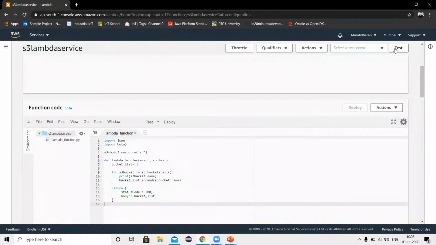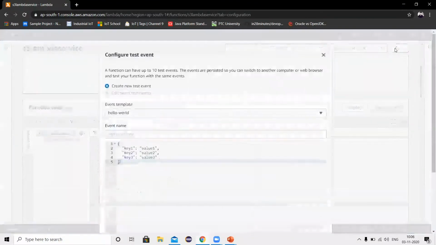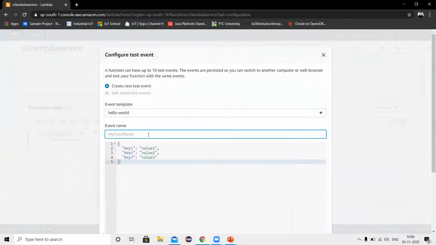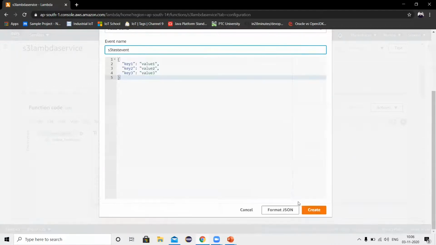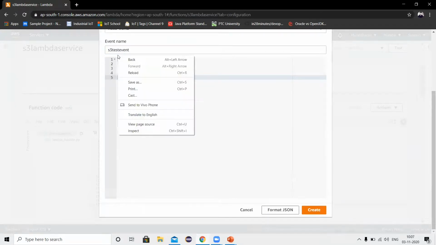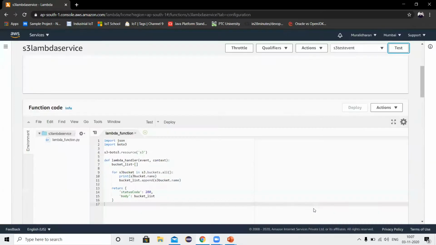To test it, click the test button. Here you have to provide an event name, S3 test event. I'm not providing any key value pairs here. I'm going to create my test. Once it is created, this drop down will show our test name, and I'm going to run this test.